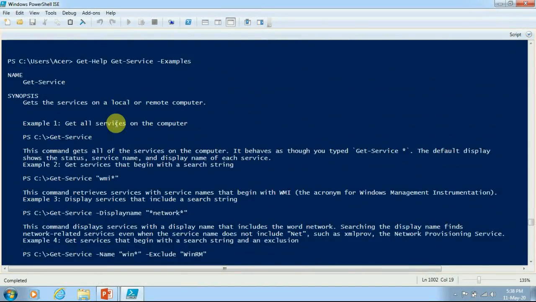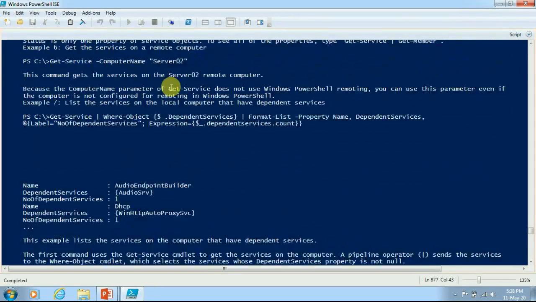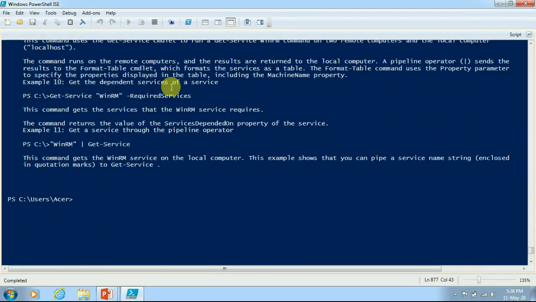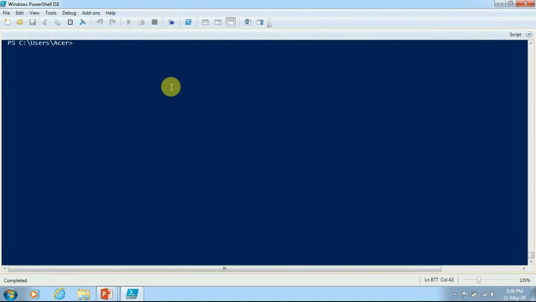Here you can see that it is giving all the examples, all the various types of options available, so that we can use them and understand more easily. Likewise, if we pass Example, it gives examples.